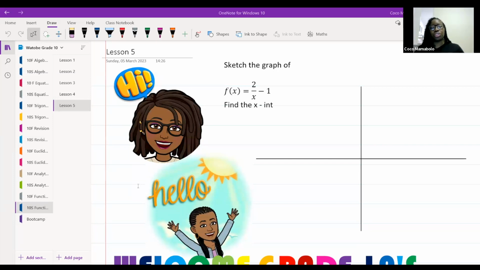Go through all the motions that we're used to, guys. Remember, find me my asymptotes, my y asymptote. My y cannot be equal to something. Oh, it's not 0. That's a lie. And my x cannot be equal to something. And then I know that my graph is positive, so it will fall into certain quadrants. And you guys can let me know what those quadrants are in the chat. Okay, this is just a revision of what we did on Wednesday.